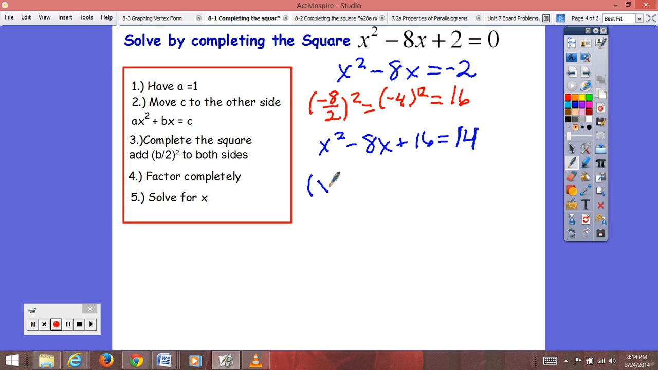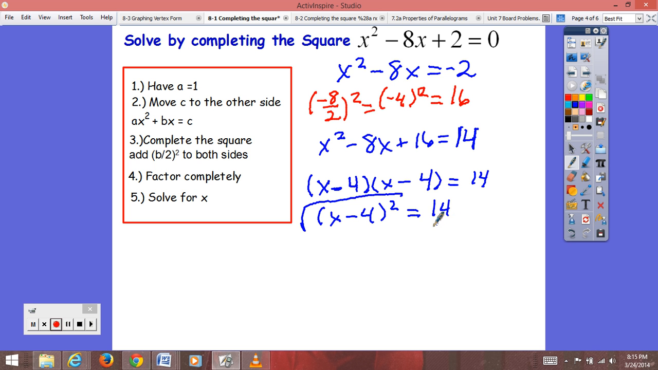That gives us our 2 x's. Still set this equal to 14. Factors of 16 that add up to -8 are going to be -4 and -4, so we can rewrite this as x minus 4 squared equals 14. So then to solve, take our square root of both sides, and we are left with x minus 4 equals,